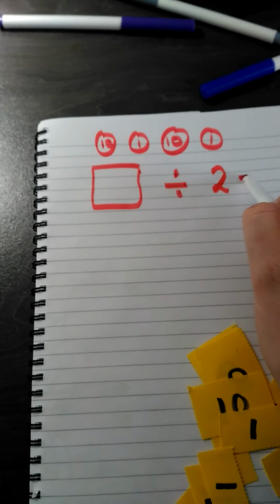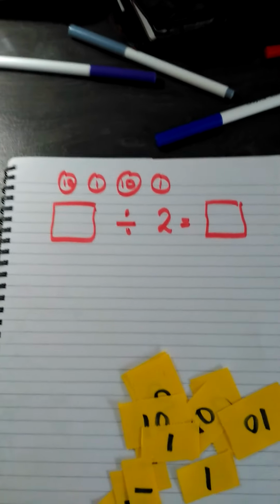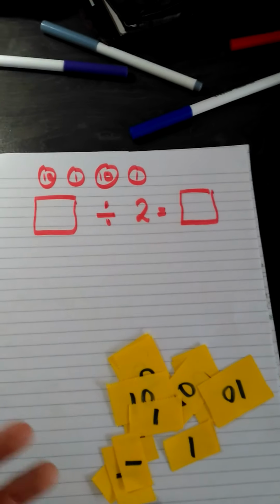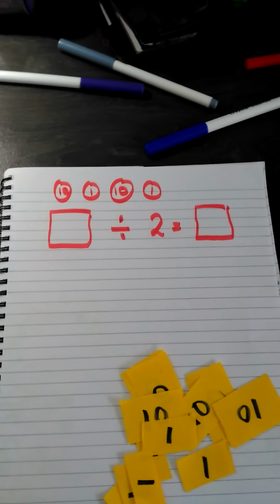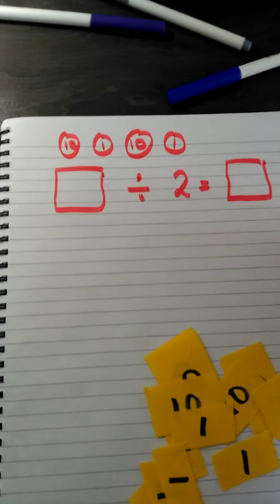So let's divide by 2. And what I would like you to do is choose even numbers only. There is a reason why we choose even numbers only. 1, because we're dividing by 2 and we know that the numbers in the 2 times table are all even. But when we investigate halving odd numbers, I'd rather do that at school just because it'll be easier for me to explain than at home. So let's choose a number that's greater than 20. So let's choose